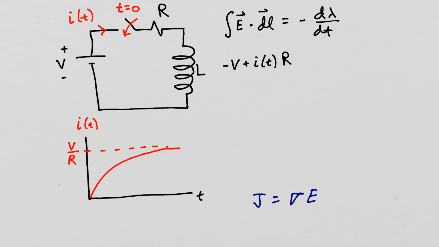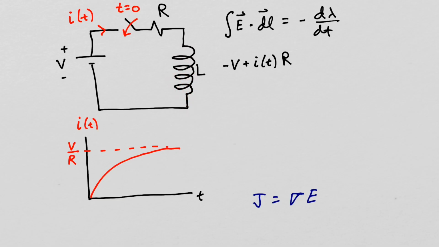If you have a current flowing in the inductor, the current density in the inductor is sigma times E. So as sigma goes up, E goes down. So if the conductivity is high enough, the electric field is small enough that it will be negligible, so the integral of E dot dl through the wire making up the inductor we can approximate as 0.